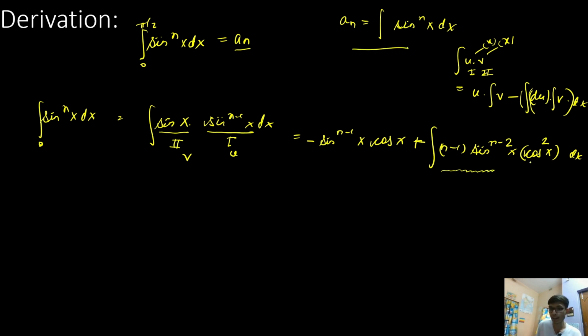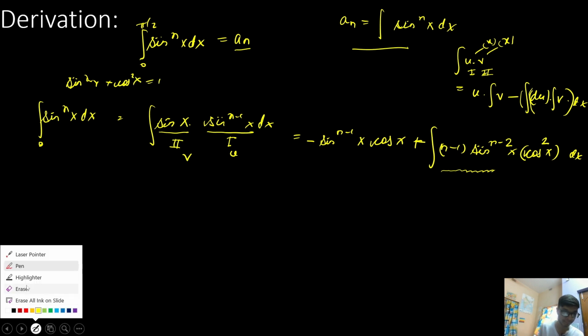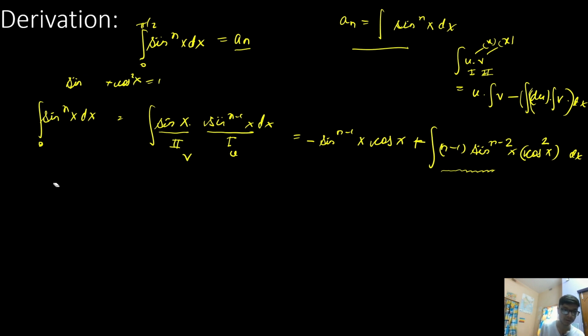Now if I particularly observe this situation, it somewhat looks like the same integral. And we all know that sin and cos are related by a very important rule, that is sin square x plus cos square x is equal to 1. So sin square x plus cos square x is equal to 1, and if I take this particular integration,